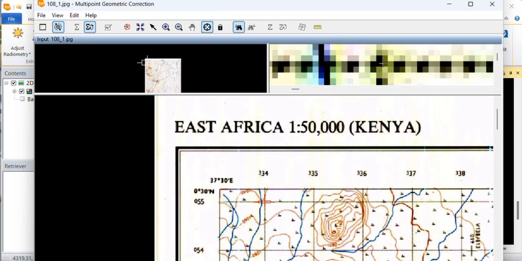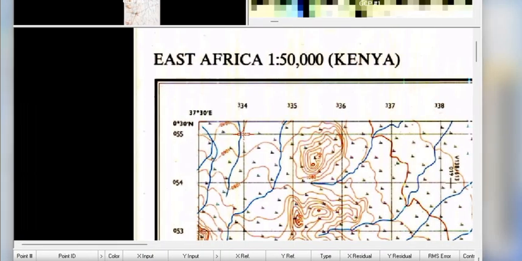Then we can zoom in and center our GCP. At this point, you can see this is GCP1 for our case, and even at this point, it has been called GCP1. So when we go to the table here,